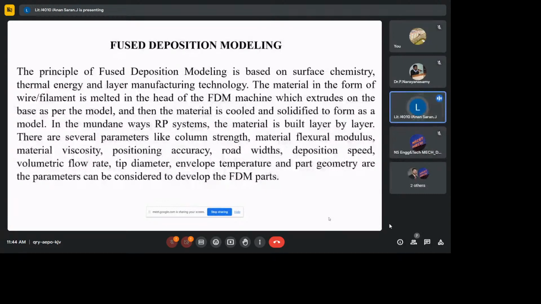This is our fused deposition modeling, sir. The principle is modeling based on surface chemistry, thermal energy, and layer technology. The material in the form of wire filament is melted in the head of the FDM machine, extruded onto the base as per the model, and then the material is cooled and formed as the RP, rapid prototyping system, sir. These are our working processes,